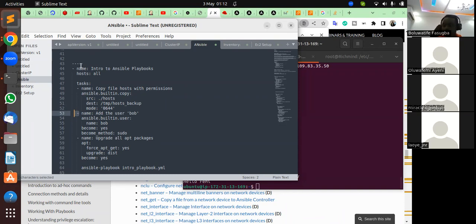Look at this now, like you have a subset. We did mathematics, subset. So this is telling you about tasks. When you look at task, you see it does not have any attributes in front of it. That tells you it's instead carrying children. These are the children of task. It has 3 children already. This is child 1, this is child 2, this is child 3. Child 1 and 2 have their own attributes: name, copy file, Ansible built-in copy,